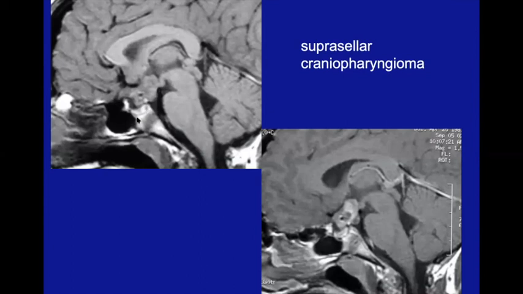Oftentimes you'll see these in young patients, but not always young. Here you see this separate pituitary gland, suprasellar mass, which has some enhancement, inhomogeneous, oftentimes see cysts. You might even see some areas of T1 shortening. And of course, in children, these are frequently calcified, but not frequently in adults because they're a little different histology. But this is a craniopharyngioma, kind of an inhomogeneously enhancing suprasellar mass you want to keep at the top of